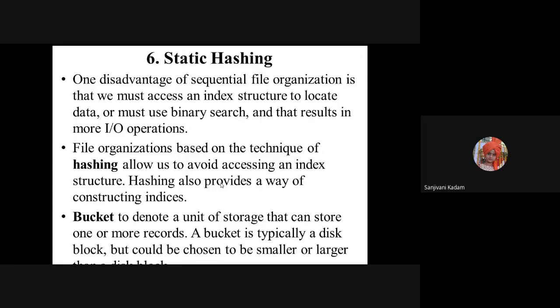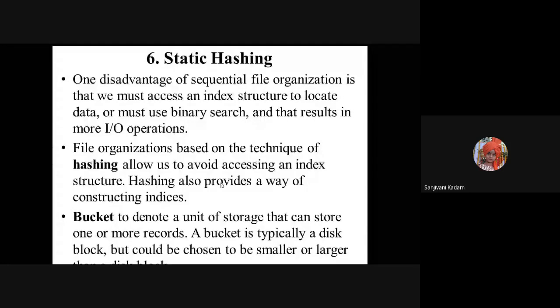The hash table will perform the mapping. For example, for mark 60 one hash value is generated, and for mark 62 a different hash value is generated. Whenever such values are generated, they are stored into the hash table, and this is used for point queries. A point query means I want to find all the students with 62 marks. Then I directly apply the hash function on the given attribute, and find the hash value from the hash table.